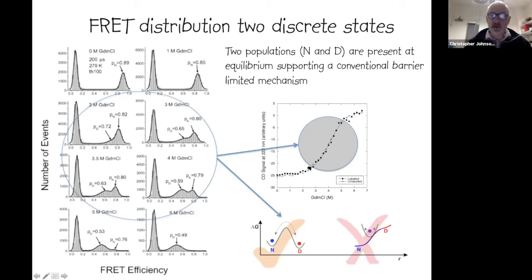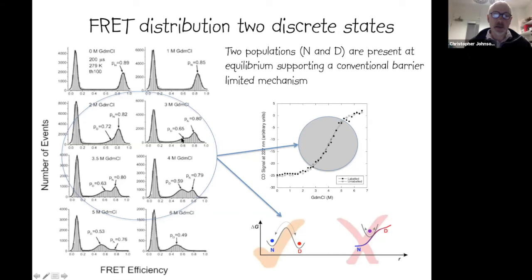As we start to go into this transition region, we would expect in a barrier limited system to have two distinct or discrete states populated. And that's exactly what you can see. As we go further into the transition region, you can see that the native state